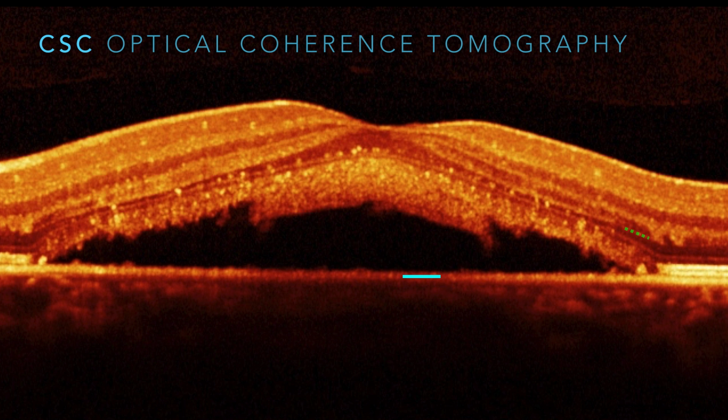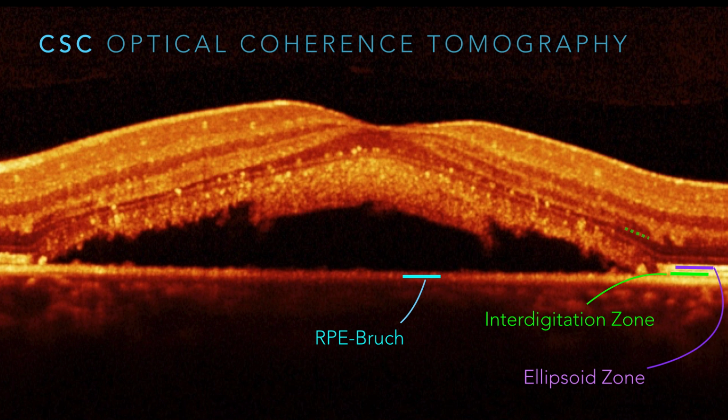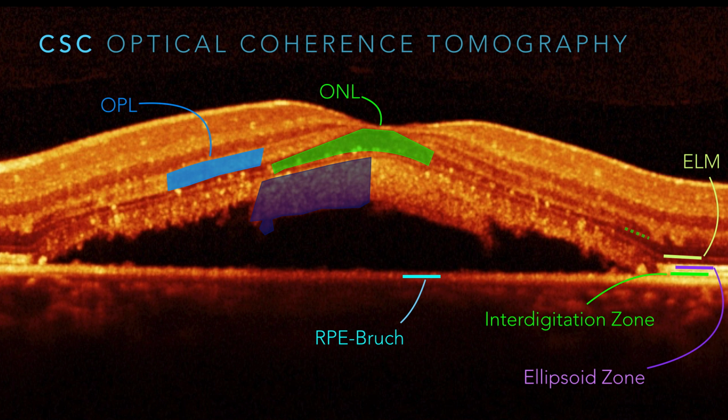So this blue line represents RPE Bruch membrane. This next one, this green one, if you can see it over to the right, is the interdigitation zone. The purple one is the ellipsoid zone. This yellow one is the external limiting membrane. Here we have, in the center, that green shaded area, the outer nuclear layer, and then this blue one represents the outer plexiform layer. The purple represents the outer segments that haven't been phagocytosed by the RPE, so they're building up,